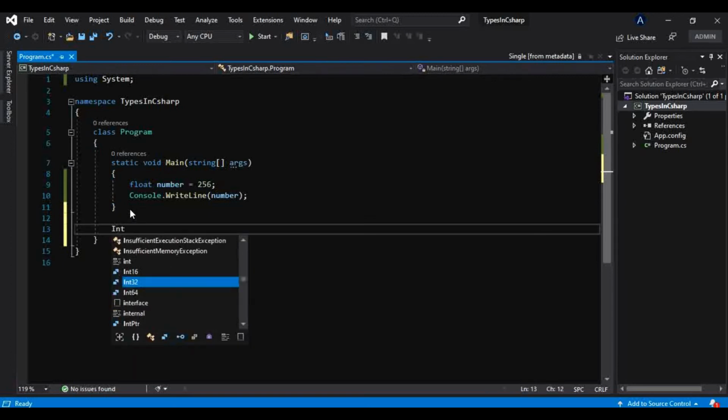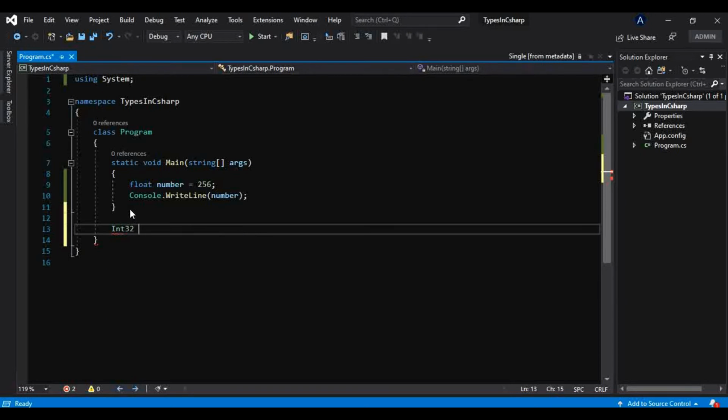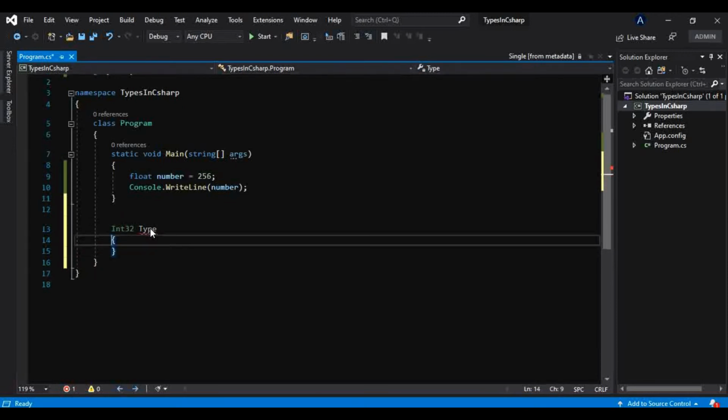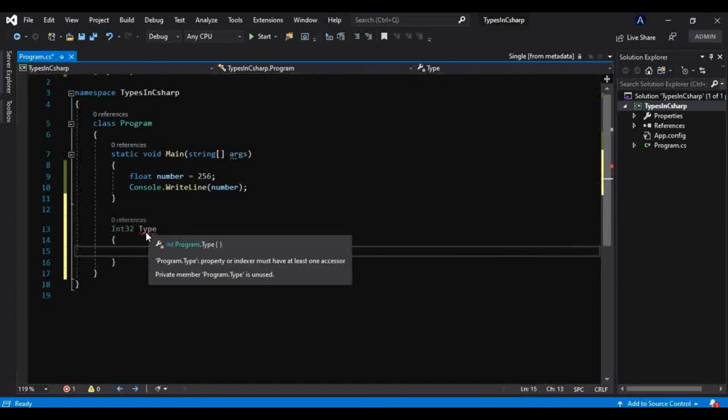Let me just take this int, or Int32 maybe, and we cannot do something like this: Int32, and let's say I take one name, maybe type, and I am doing something like this. No, we cannot do this. It says: property or indexer must have at least one accessor.